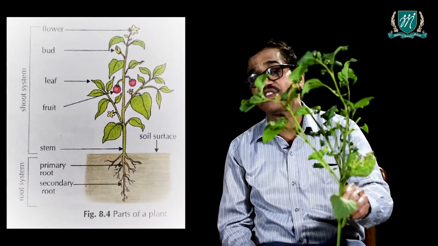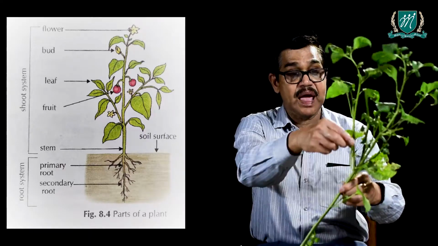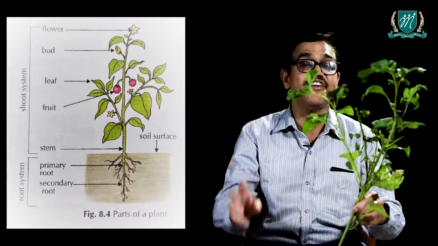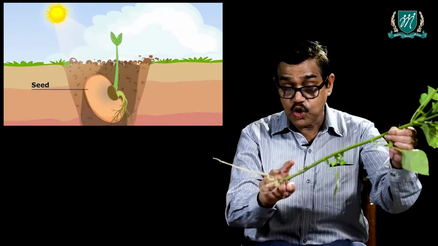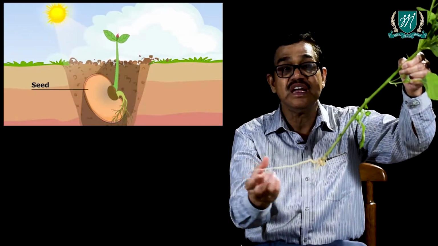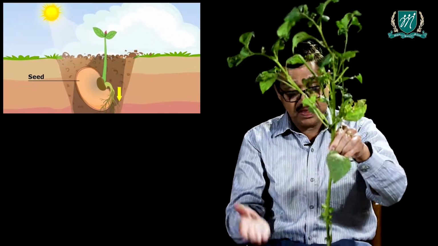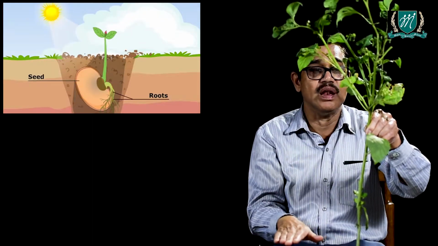Although these plants look different in structure from each other, they all have a similar part. They all have roots, they all have the stem, they have branches, they have leaves, they have flowers, and they have fruits. So we're going to study the parts of the plant. The root, this lower portion, the white portion that you see, the root is that part of the plant which remains under the soil.